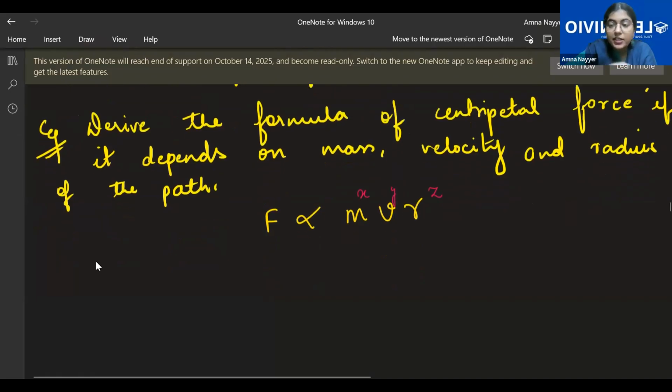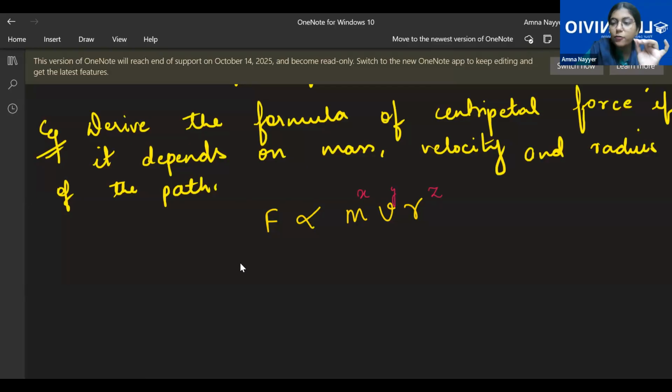Now, this formula is derived using the concept of dimensional analysis. We don't use a formula for this. We are just using dimensional analysis, all the MLT that we have studied till the last class. We've completed the dimensional formula, first part. So it says derive the formula of the centripetal force if it depends on mass, velocity, and radius of the path. Now, if that's the case, then we can say, see,